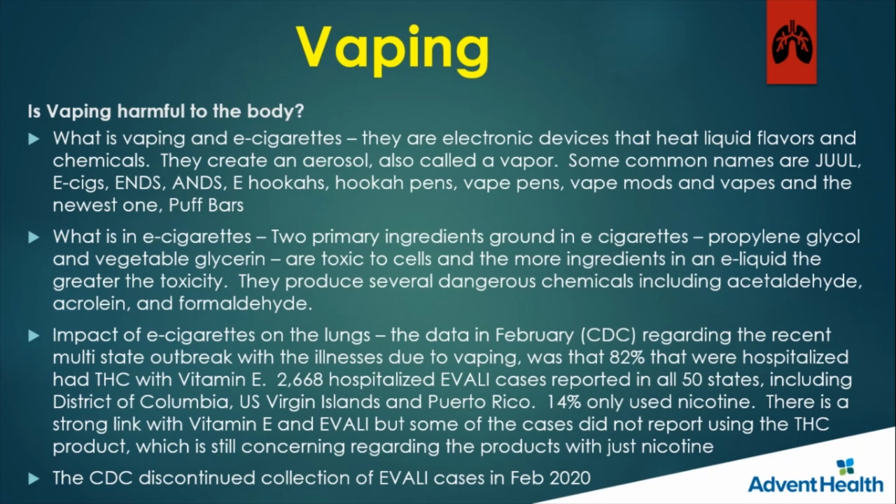There were 2,600, a little over that. I think they got up to 2,800. CDC is no longer actually tracking that. It's up to the states to track how many EVALI cases there are, and those were people going into the hospital, being put on a ventilator, going into acute respiratory distress syndrome, and I think we're at 82 deaths. So between EVALI and cigarettes, or the causes of cigarette smoking, they both have really huge risk